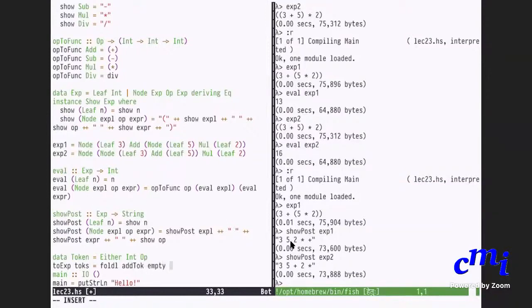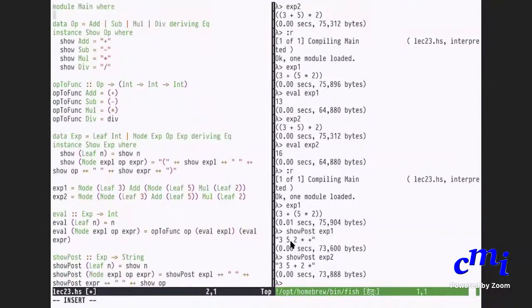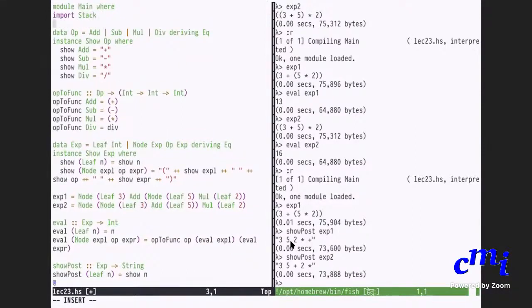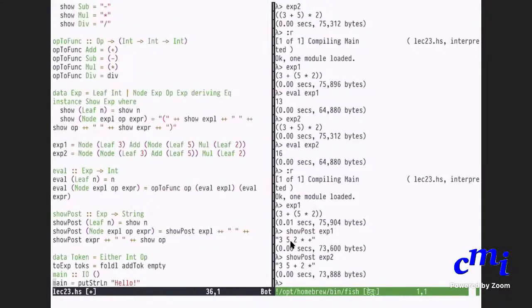I should import stacks. Okay, I do the add token function starting from the empty stack on the list of tokens. So I just fold L of add token empty. That's all.